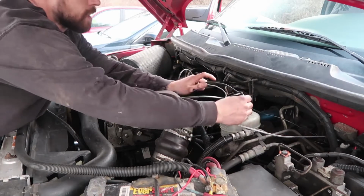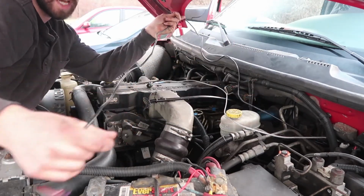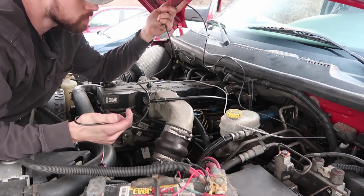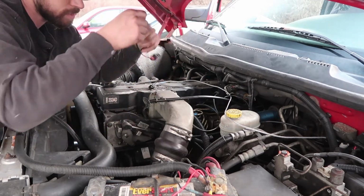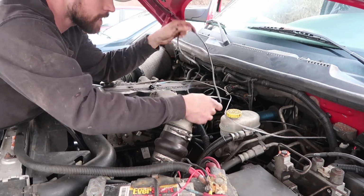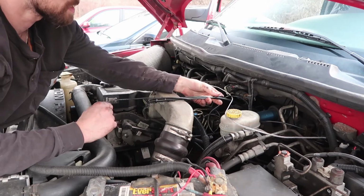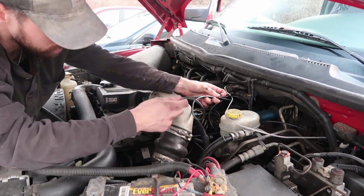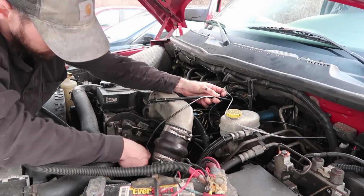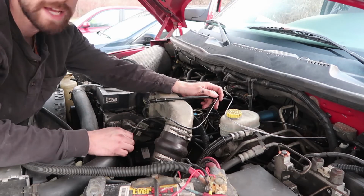Let's go. So here's our line for our fuel pressure gauge, which we don't really need this much of out here under the engine bay. So what I'm going to do is pull some more of this down into the cab, because this only has to stretch right down here. I think I'll run it right up and zip tie it to the oil dipstick right here, then tuck it down underneath the intake horn, and it has to go right down here and plug into the VP44, because that's where I plan